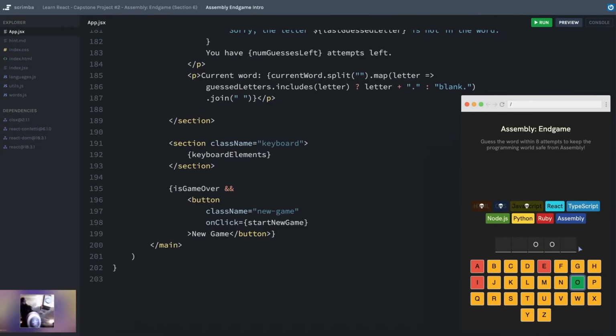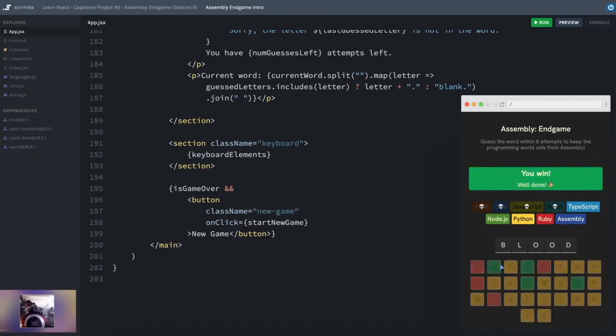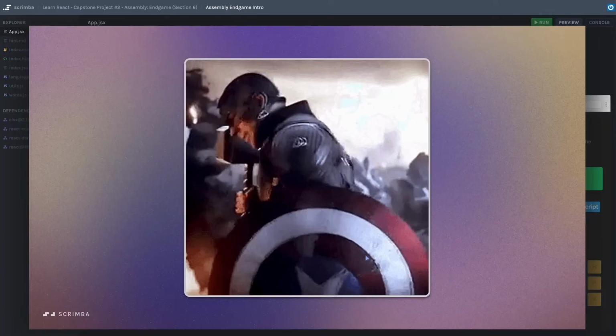Okay, we've lost JavaScript, but we still have React on the line. Ooh, this is tough. Let's try an L. Let's see, is this the word floor? Nope. Oh no, we've lost React. Maybe blood? Look, it is the word blood. So we are still left in this world with some usable languages, and we can see that we've won the game. This is going to be a super fun project to work on.